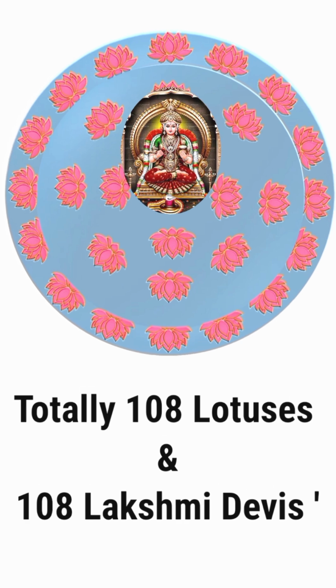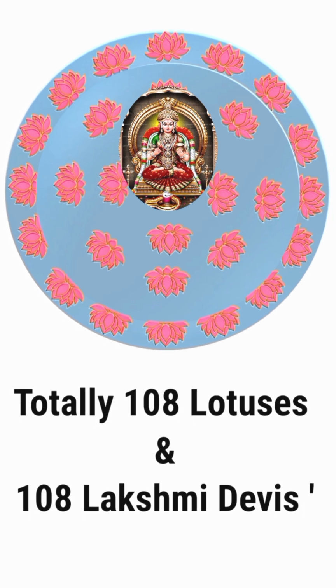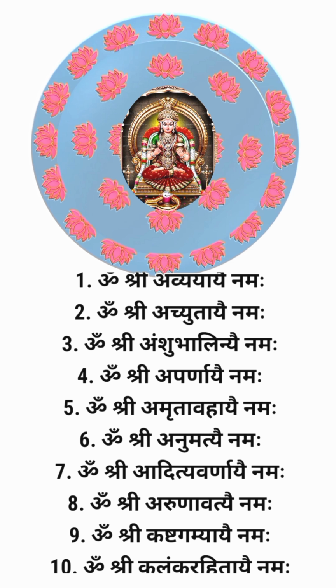Lotus flowers are associated with Devi Lakshmi. There are 108 Lakshmi Swarupas. That means 108 goddess Lakshmi forms. Each lotus contains one Lakshmi form. The 108 Lakshmi names are